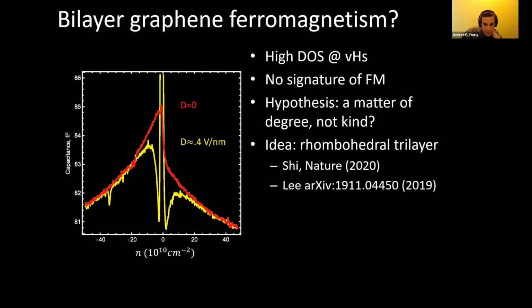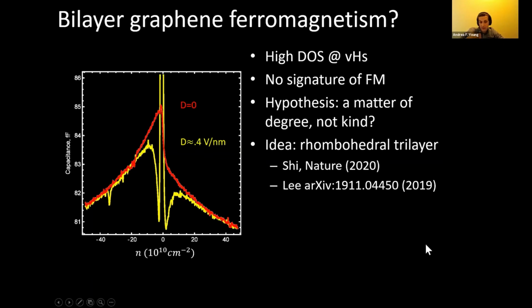But the hypothesis that we can explore is whether this is a matter of degree rather than of kind. In other words, maybe the idea is right, but the samples weren't clean enough, or the density of states is just not quite high enough. The Stoner criterion, okay, it's a naive model, but it's kind of a sharp thing. If you're below the Stoner criterion, not much happens. And if you're above it, you get a first order transition to something ferromagnetic. So, as has been noted, certainly not the first time by us,